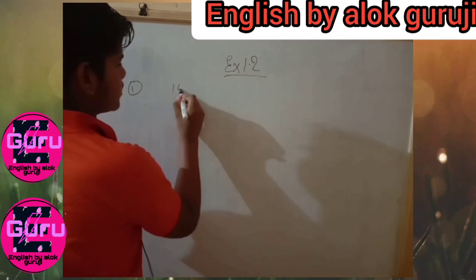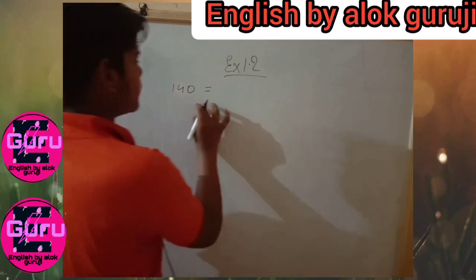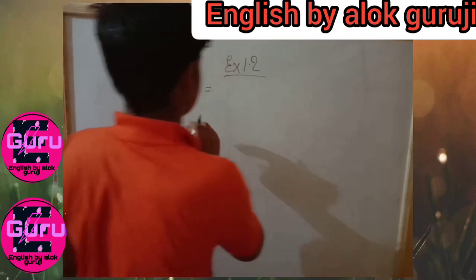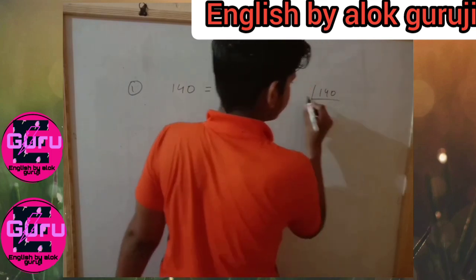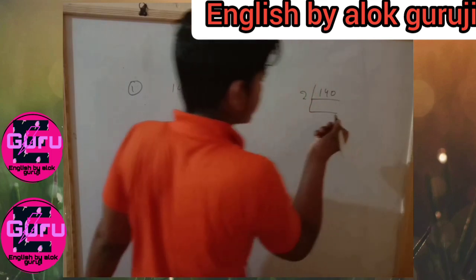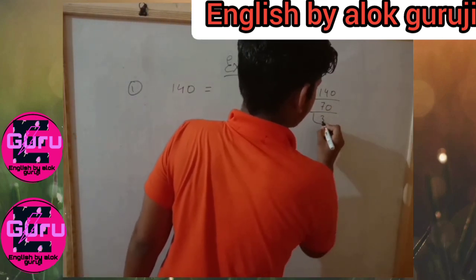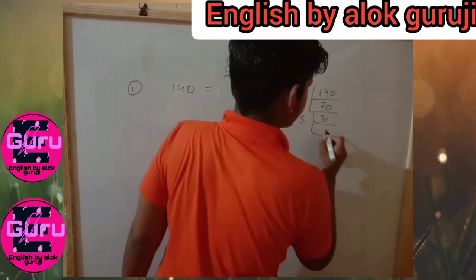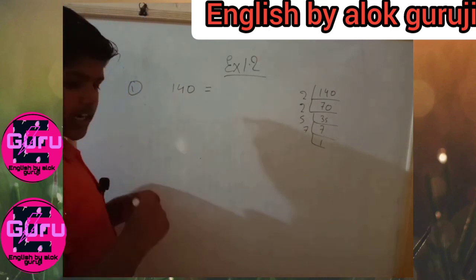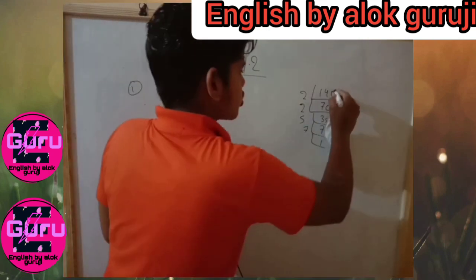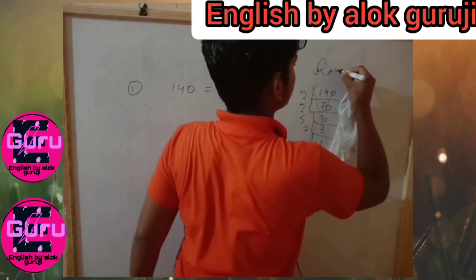The question is telling to write the prime factors and their product by calculating it by the prime factorization method. Now let's see. We should take the LCM of 140. But you should not apply this process in your examination. 70, 35, 5, 7 and 7, 1. Now you should directly cross it in paper and write here rough work.